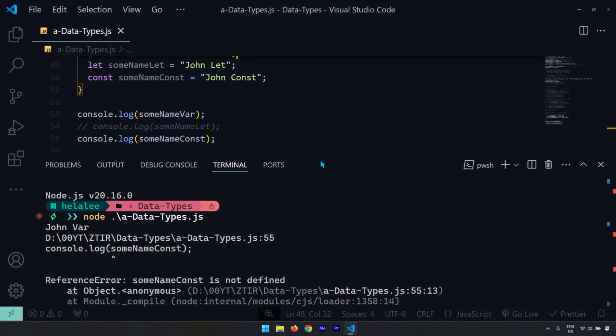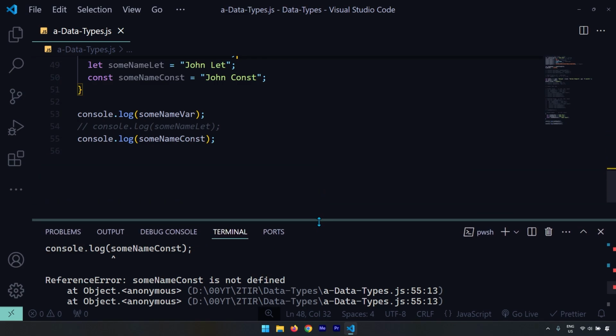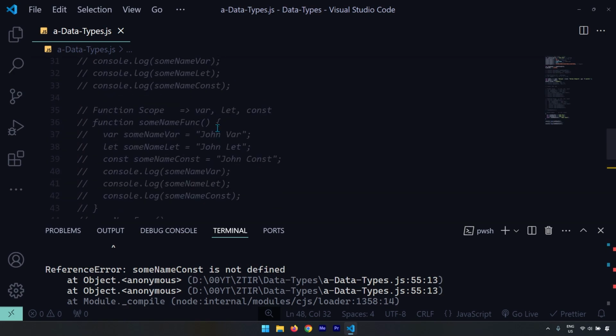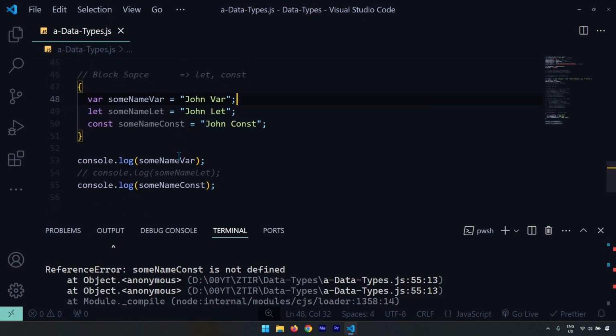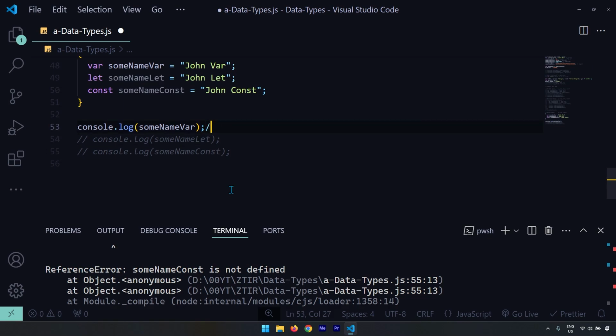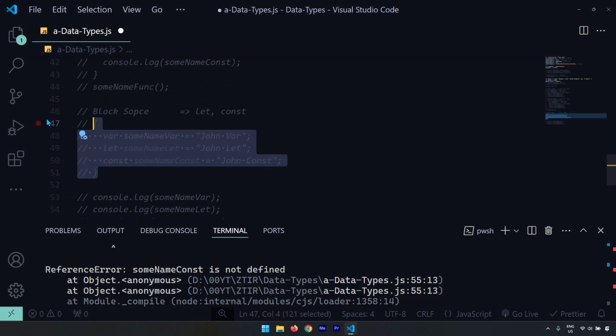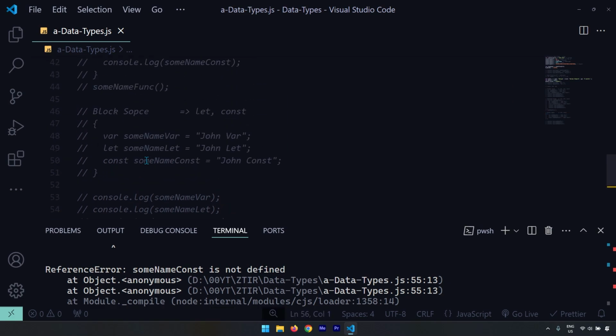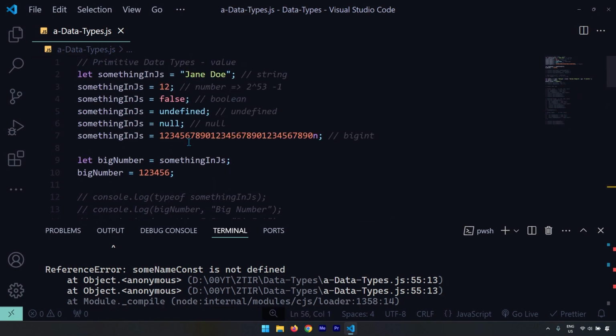Now you might be asking, okay, what is the difference between let and const? Both seem to be global scope, both seem to be function scope, and both of them are block scope. So what is the difference? The difference is that const is a constant where you create a constant. But with let, so here, let's go to the top. Take a look at this. How did I initialize this variable? I said let. It wouldn't work with const because whenever you're working with const,